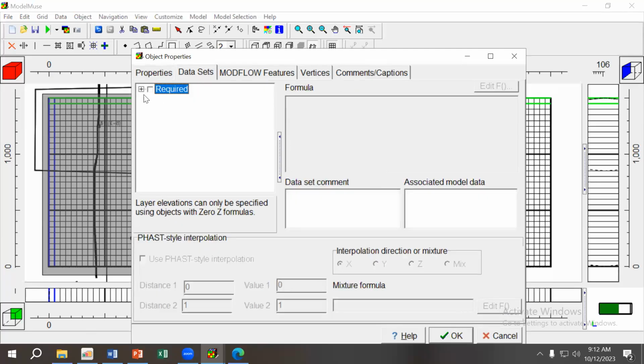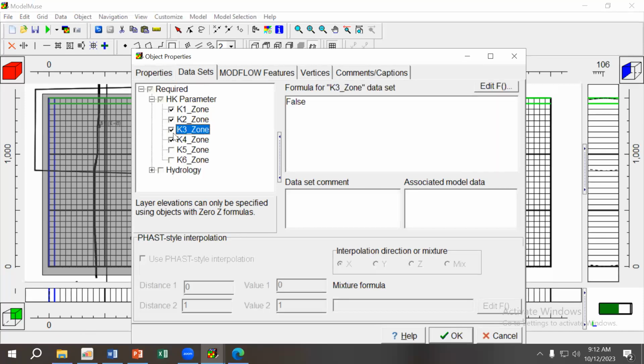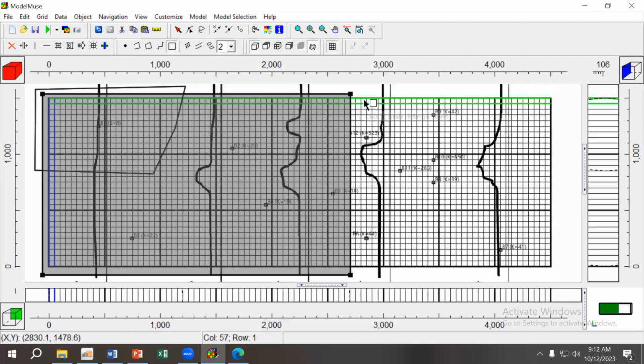my data set, require each parameter. You click all of them. By default, they will be false. I come to K2 because I want to assign my second parameter. I will make this true. Okay. And then now I click OK. Now, if I click OK,